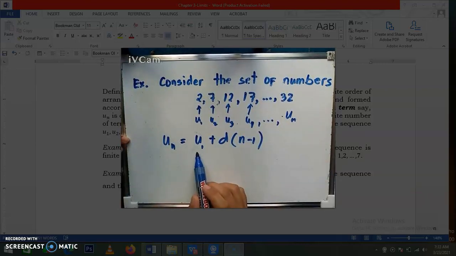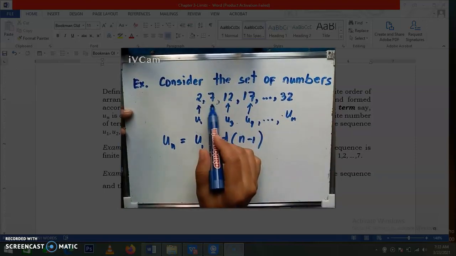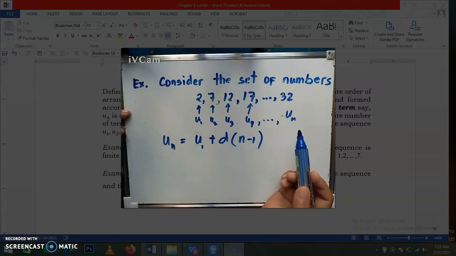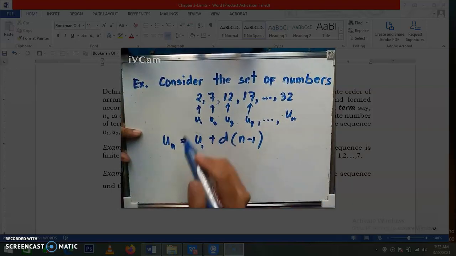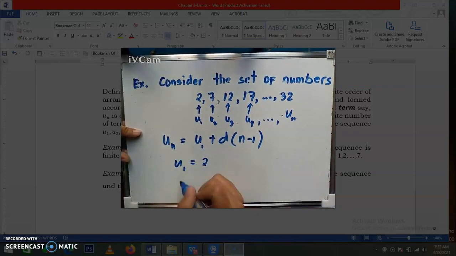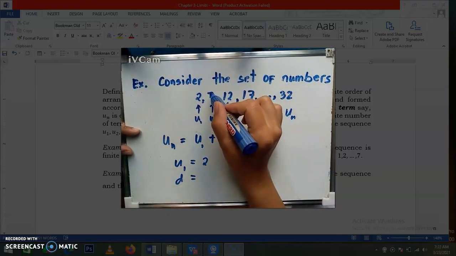Where u sub 1 here is the first term, d is the difference, or the common difference if we are going to subtract two consecutive terms, then n minus 1. So in this sequence, u sub 1 is 2, and the difference is, of course, the difference of 7